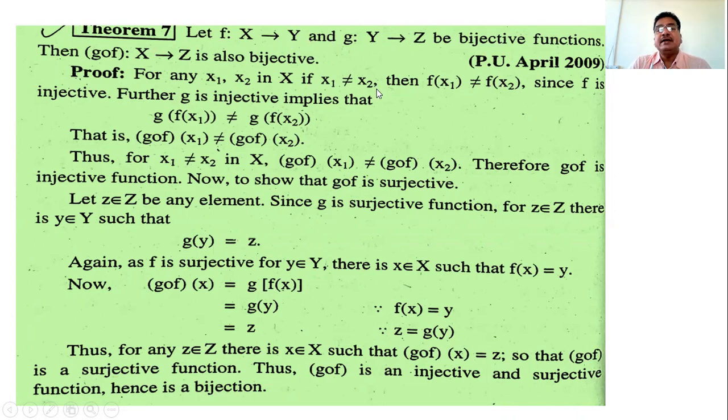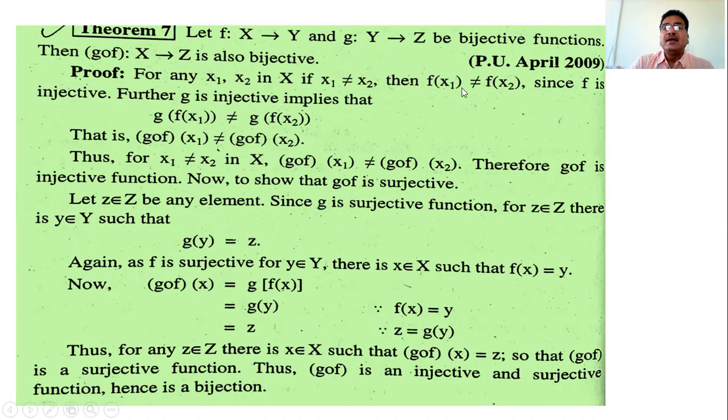Since f is injective and x1 and x2 are elements of X, their images under f in Y, f of x1 and f of x2, are not equal. These are elements of Y, and therefore their images under g